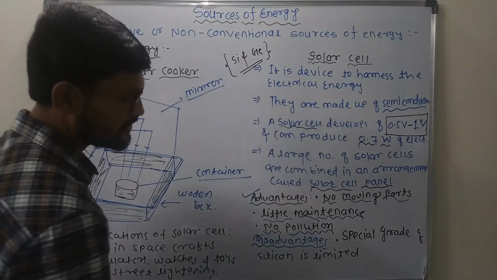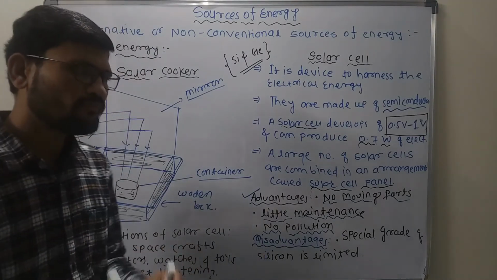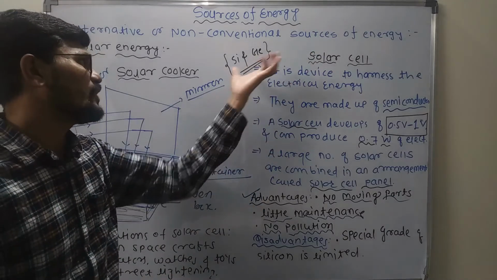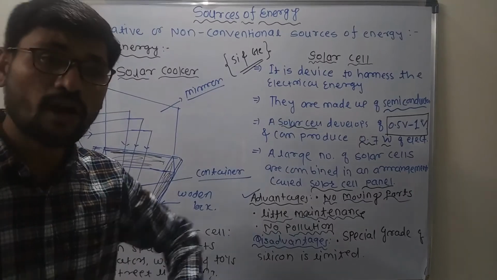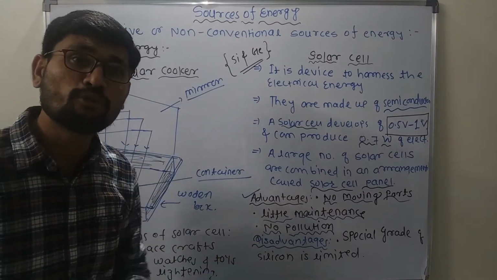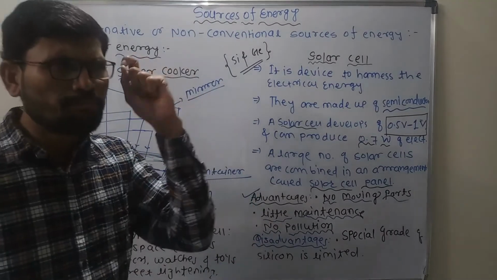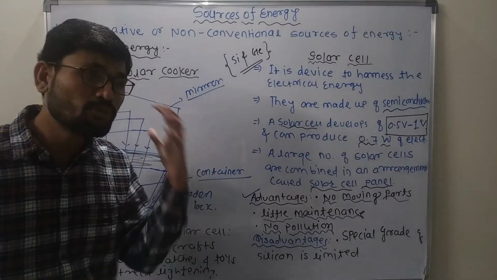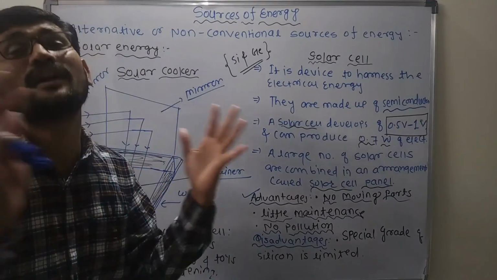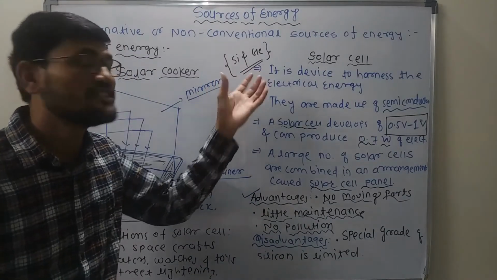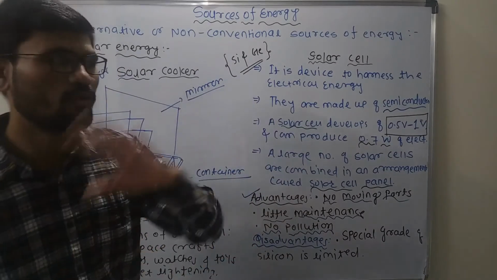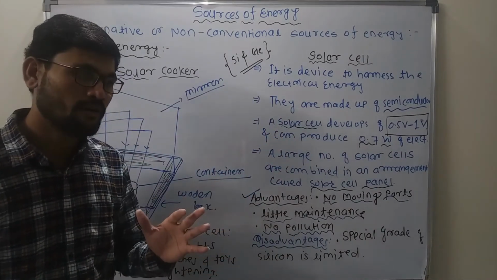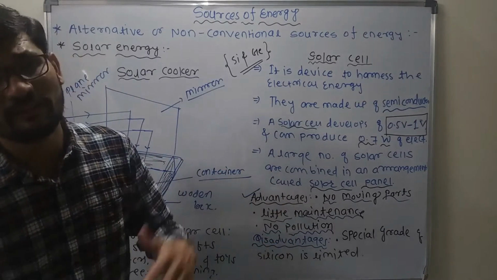And what are the disadvantages? Remember that. These silicon and germanium are in pure form or impure form? Obviously they are in impure form. Now we need to convert them into a pure form. The pure form of semiconductor materials is unavailable, it is limited. For example, silicon in its pure form is not available as we want. Again, there is an additional cost so that we can make that silicon